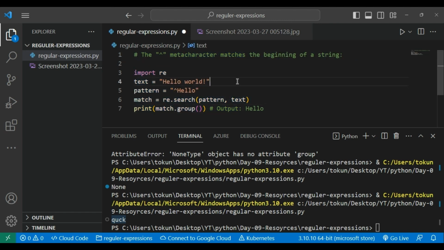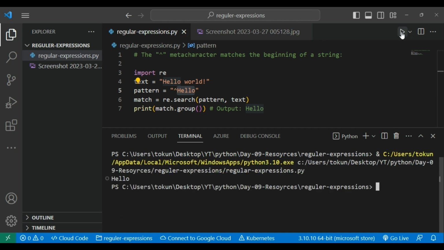So here, if you see, we have "hello world" and a pattern with a caret, ^hello. What does it do? It will check whether the first word at the start of this string is hello or not. So we will run the positive scenario first and then the negative scenario. When I run it here,